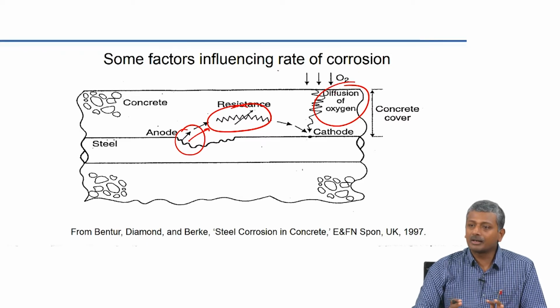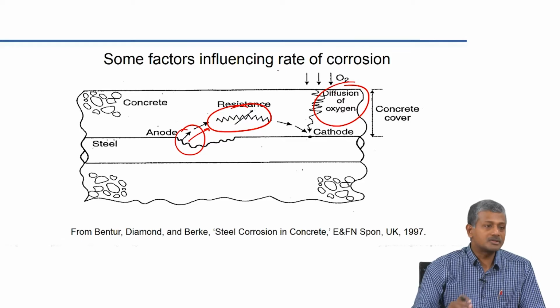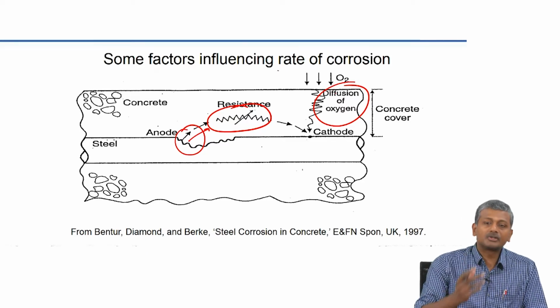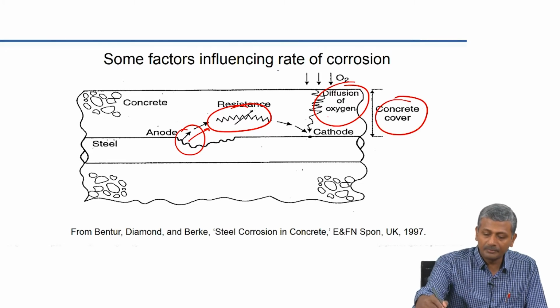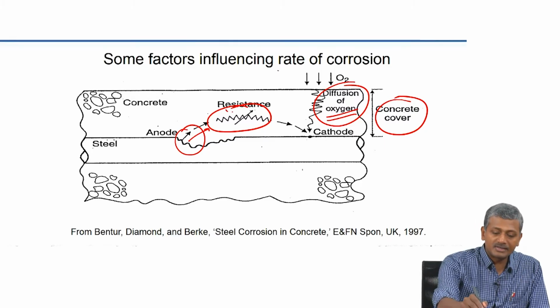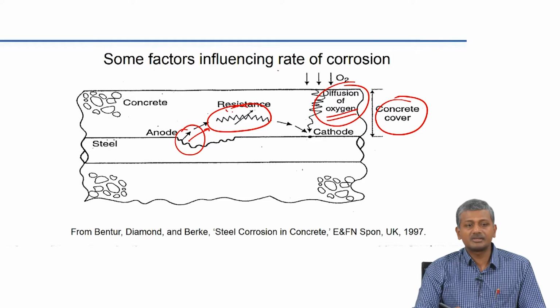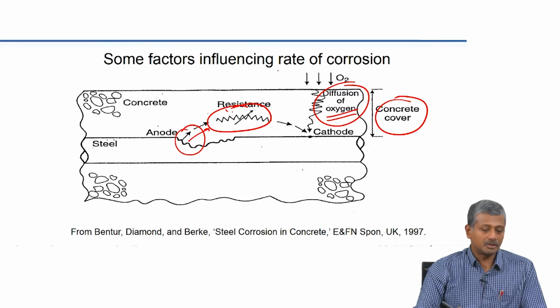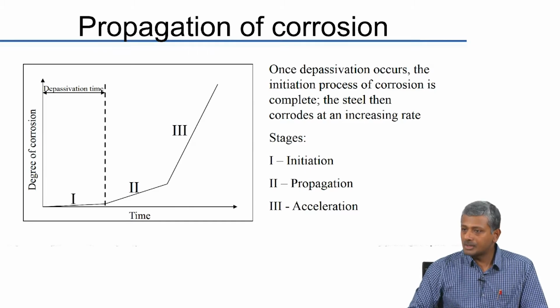So, there are a number of factors that can actually influence the rate of corrosion once the concrete is carbonated. But with chloride, you can definitely be sure that all these factors like concrete cover, the diffusion of oxygen and moisture into the system, as well as the resistivity, will be positively affected when cement is replaced by supplementary cementing materials. Now, if you look at the propagation of corrosion, as to how once corrosion initiates, how